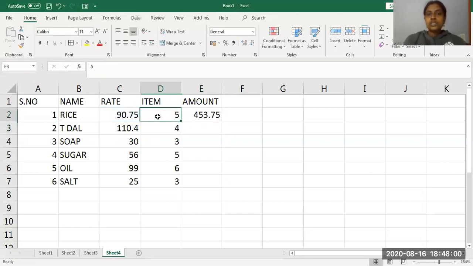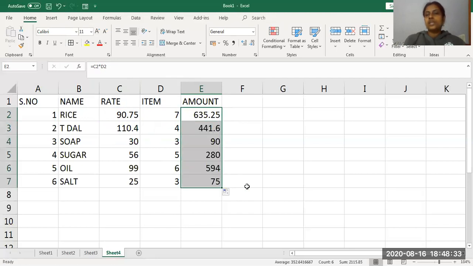Press enter. Now you see, instead of 5 kgs, I am changing it to 7 kgs. The value changes. This is the benefit of using Excel. Previously, if you give values directly, you can't do any modification in the content, so we prefer this method. And one more advantage of using the cell address is, once you decide the cell address, select it and come to the right end corner. Your mouse pointer is in a bigger size, and when you bring it to the right hand corner, it will become a smaller size. Drag it for all the values, and you will get the answers instantly. You're not going to redo or recalculate every time.